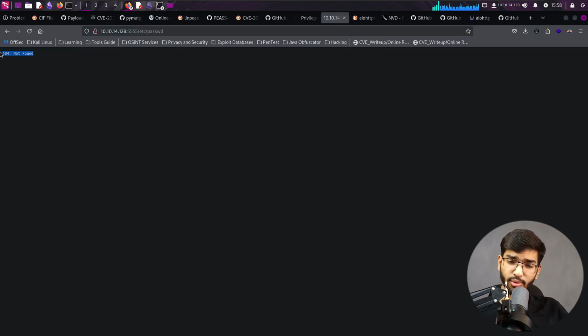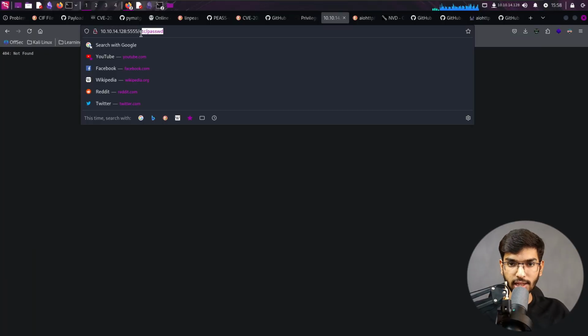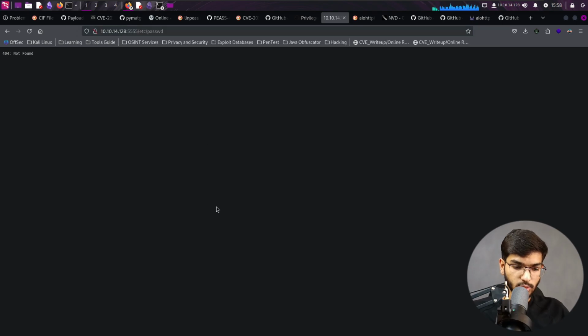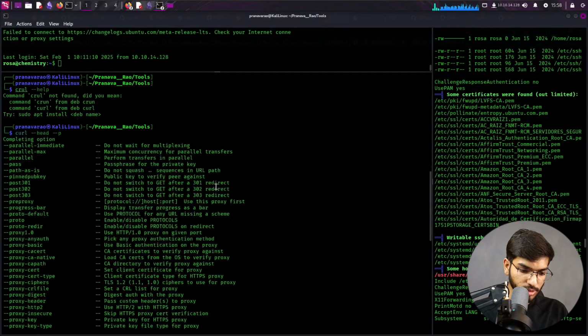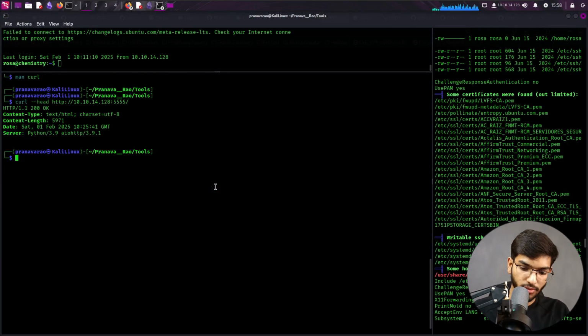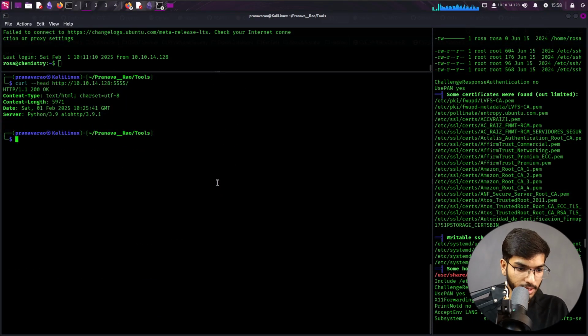It says 404 not found, but any Linux system has the etc passwd file in it. So it's weird. What I thought is, let's go through curl and do it, just to verify if it's an error of the browser or if it's my error. So what I will do is I'll say curl, and then I will say